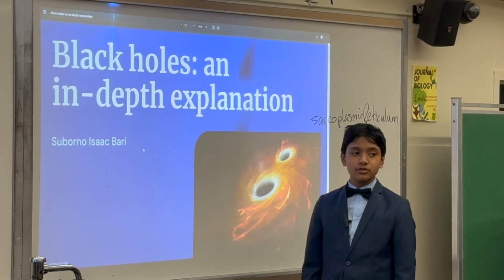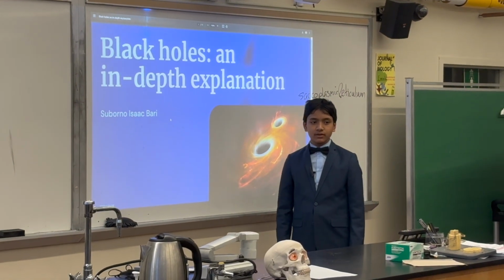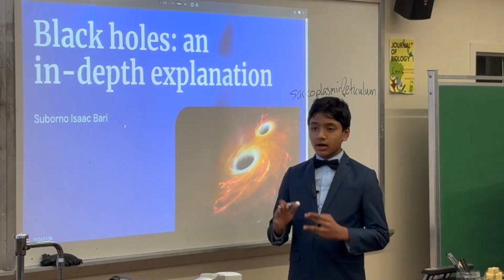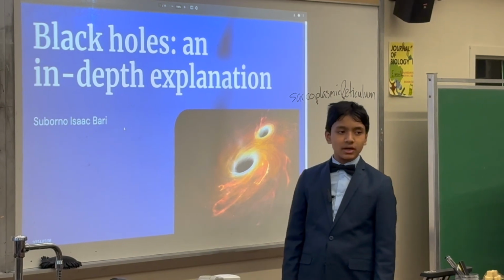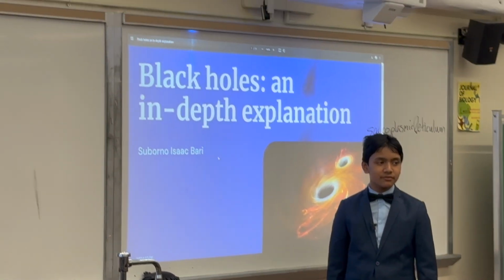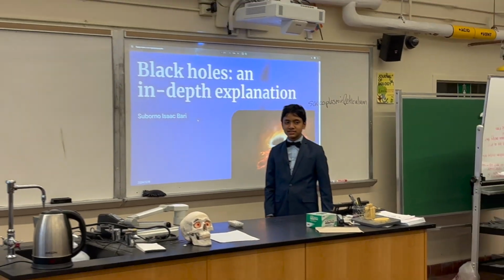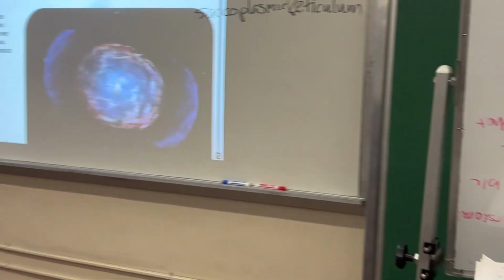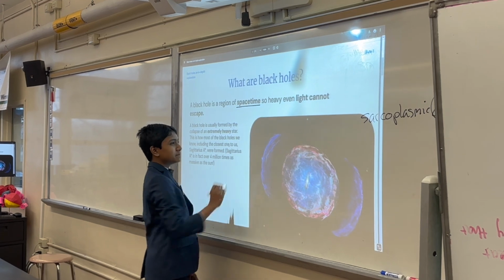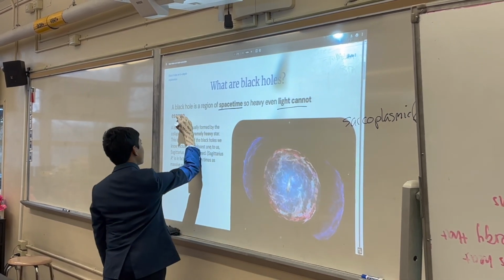So what I'm trying to do here is to hit that sweet spot where it's accurate enough to not misinform you, but also it leaves out the nitty-gritty math. Because as it turns out, special and general relativity is actually very tedious when it comes to solving the physical equations. First thing that you always hear when you look up what is a black hole is that a black hole is a region of space-time so heavy that even light cannot escape.